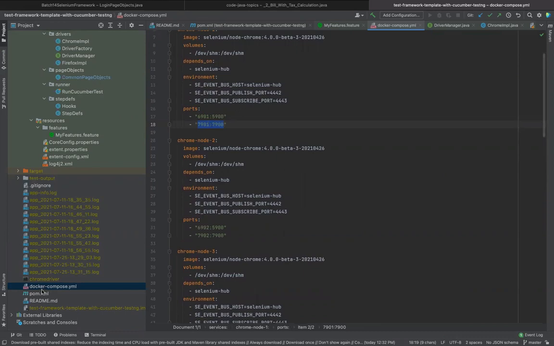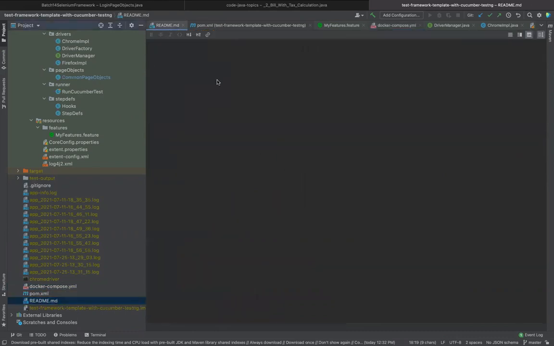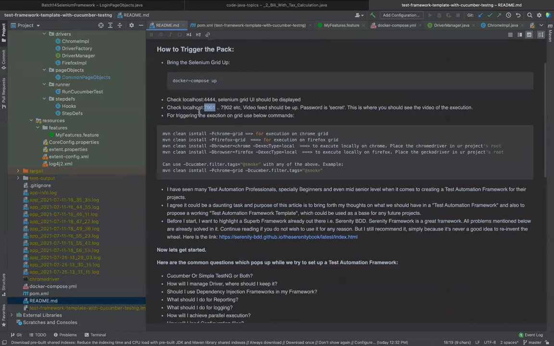All right, so I'll go back again to the readme document, which is here. Once you do that, if you hit 7901, it will ask for a password. By default, you can put secret there, and it will take you in, and I'll demonstrate this in a while. Now, how you will execute it: to use this framework, I have created these two system